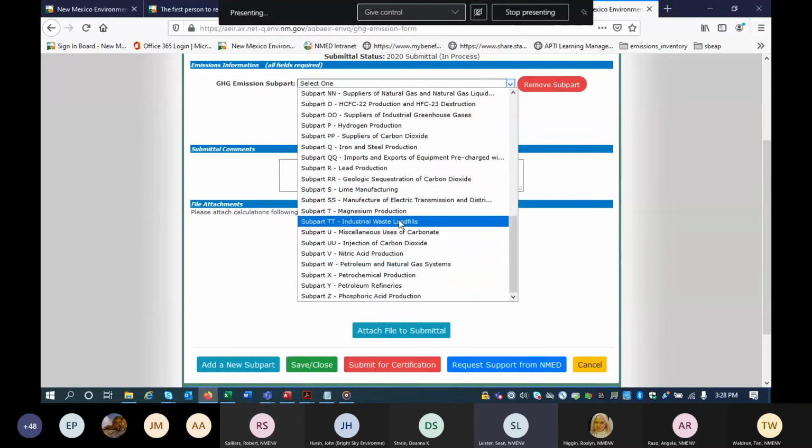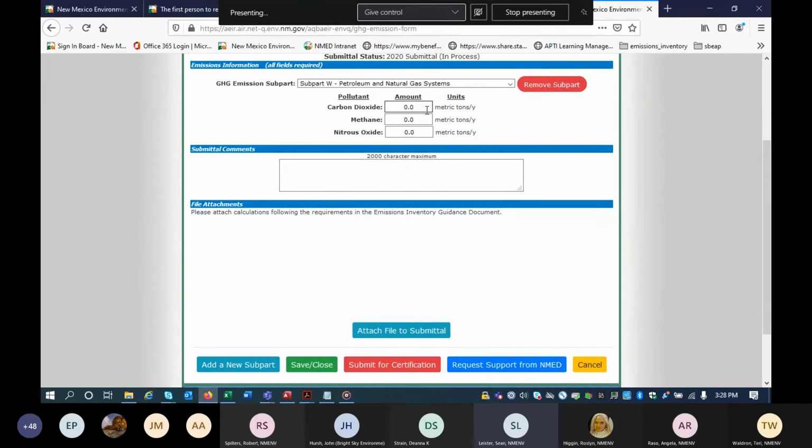So just filter or categorize your greenhouse gas information in these different subparts. And if you've already submitted to the EPA, you should have it already categorized. So for instance, I'll click on subpart W, and we only require 3 greenhouse gases to be submitted to us, and we only allow for 3 greenhouse gases to be submitted to us, and they're the most common ones, which are carbon dioxide, methane, and nitrous oxide. So feel free to change these numbers according to what you've calculated.